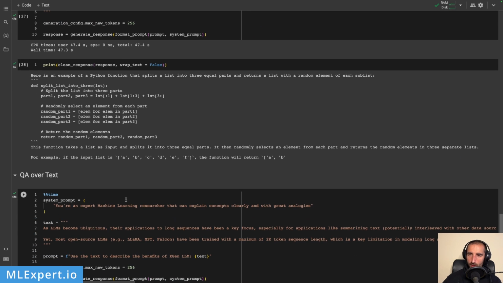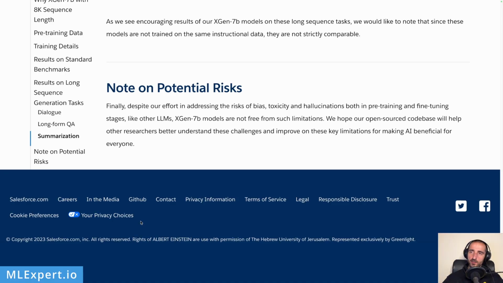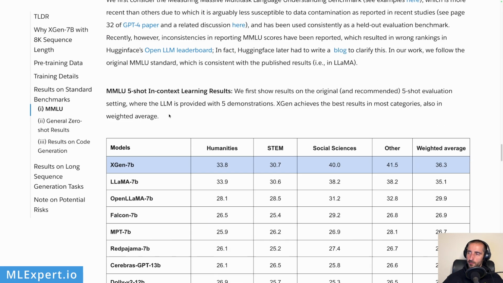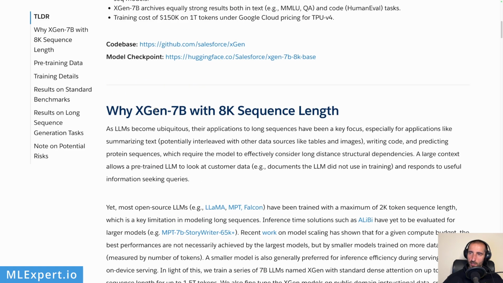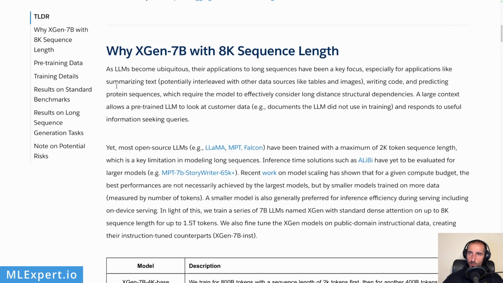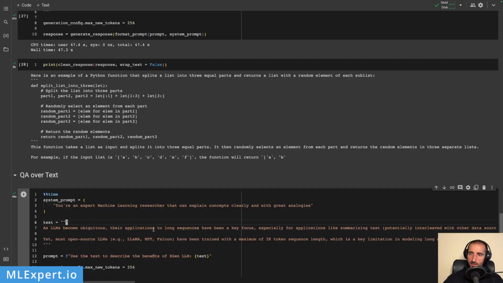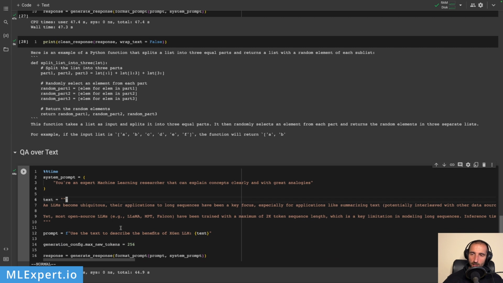Next, what I did here is to take the introduction part of the original blog post of the model, which is something like this. So I've just taken this text and I've pasted it right here, and I've said that you're an expert machine learning researcher that can explain concepts clearly and with great analogies. Use the text to describe the benefits of the XGen large language model. And again,